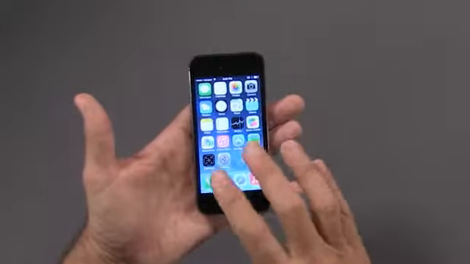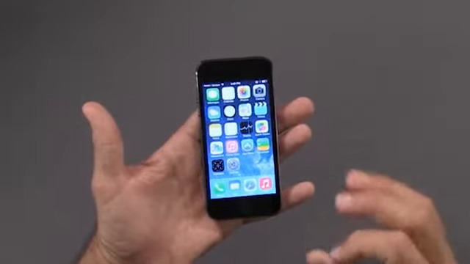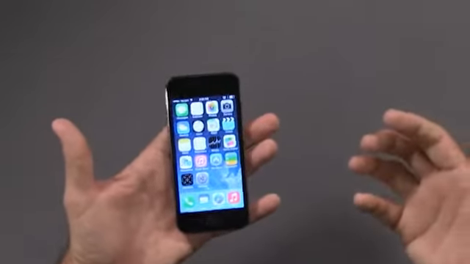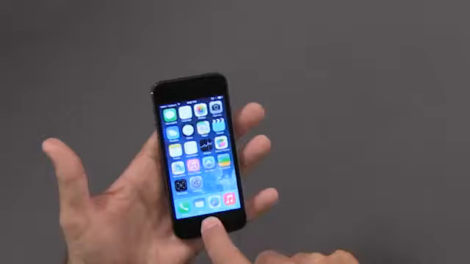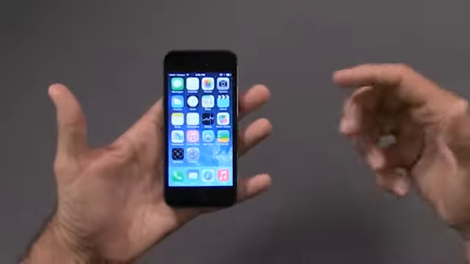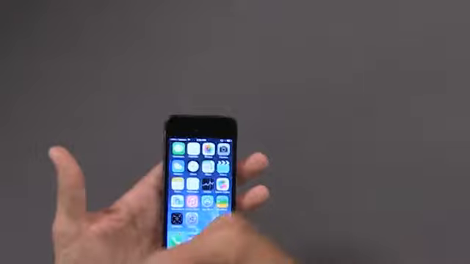But the other functionality for the 5, the 4S, and the 4 is all the same. It's my Back to Kansas button. There are a lot of functions associated with this button. The one that I want to draw your attention to is back home. So if I am in the middle of playing Angry Birds, or I'm in the middle of a FaceTime session and I realize I've got to do something, I can hit that button one time and it will take me back to my home screen so that I can find my next application or my next thing that I'm trying to accomplish. It does more than that.